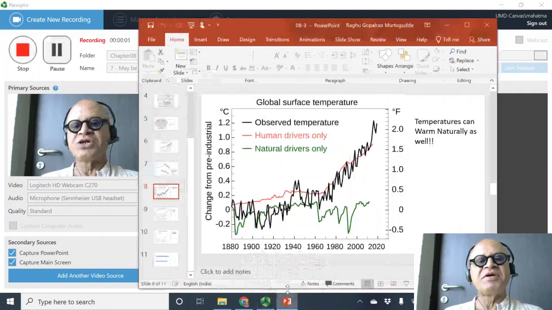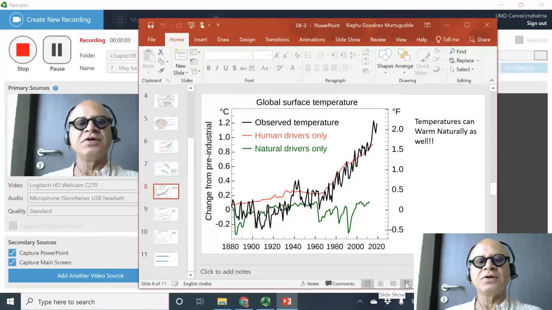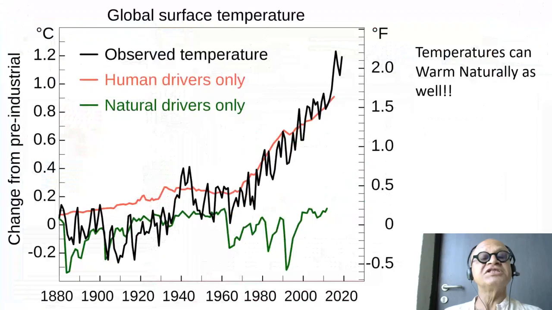The other misinformation being put out there is that maybe sunspot activities are causing global warming. So how do we prove that global warming is in fact related to human contribution of greenhouse gases and other activities like deforestation, urbanization, and so on? Okay, so this is where the science of detection and attribution come in.